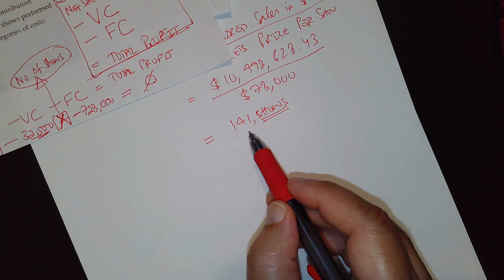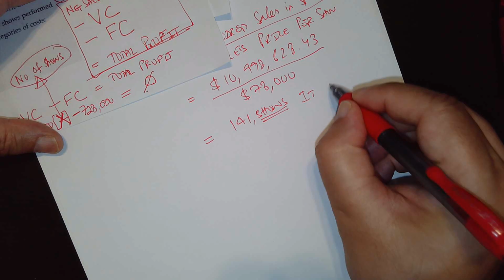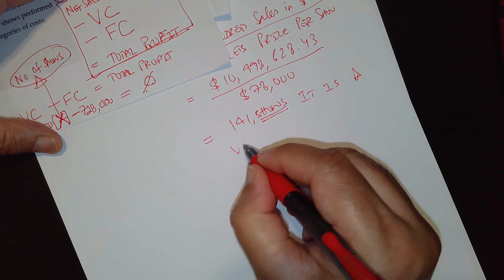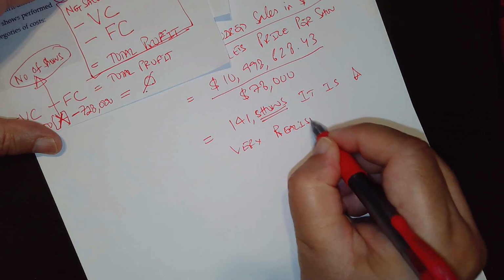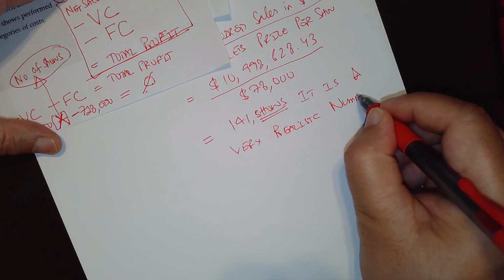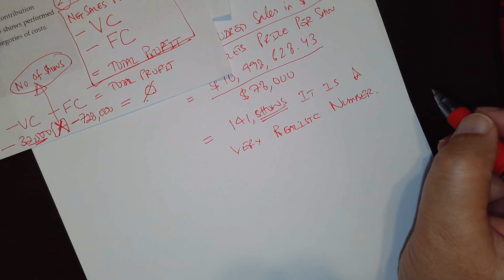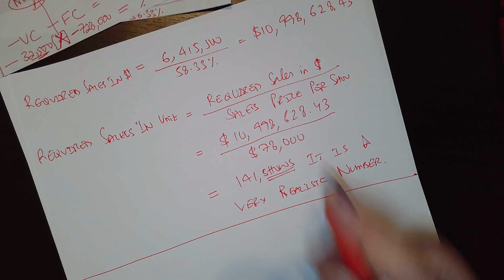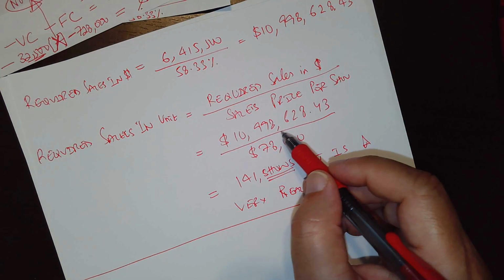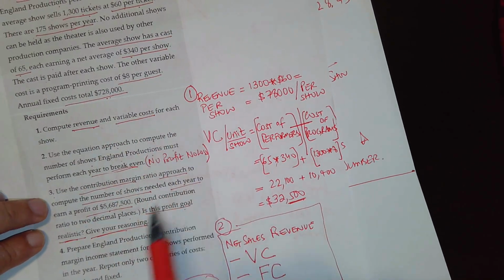This is only 141 shows. That means it is a very realistic number, because we have a capacity of doing 175 shows. So we can achieve a sale of almost $11 million, and we can have a target profit of